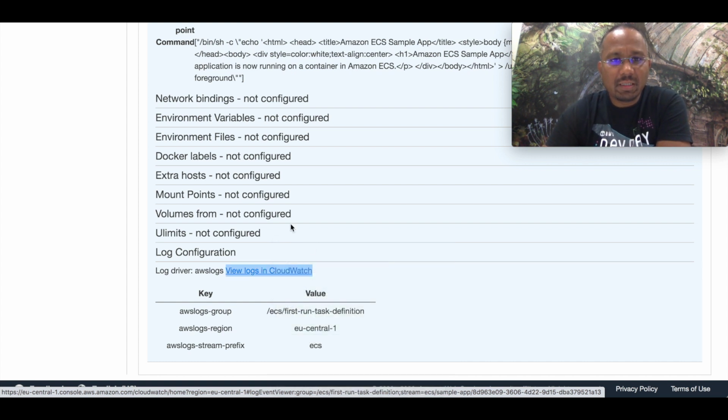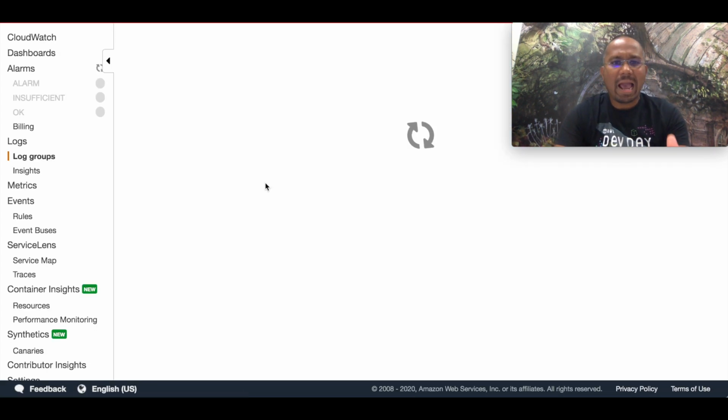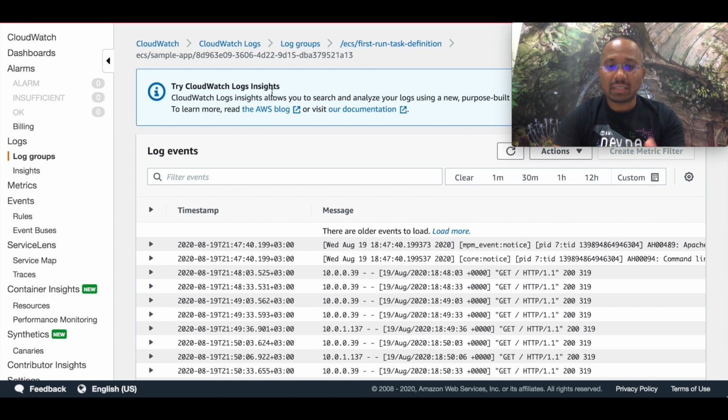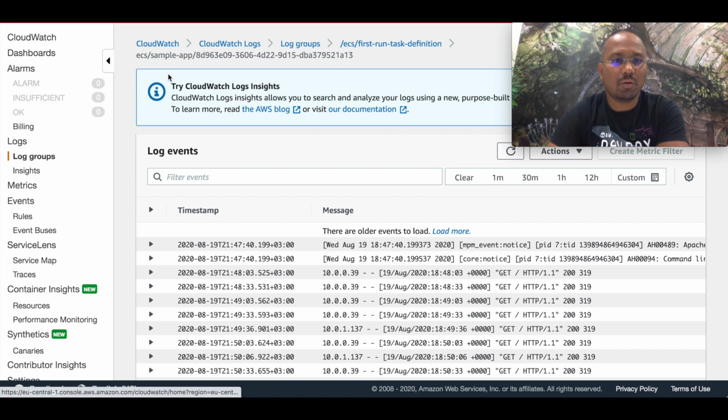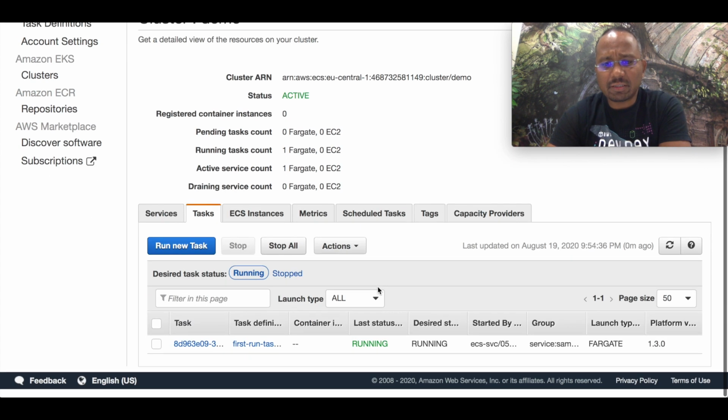So if you click here, we can see the logs of the container, what is running, what is happening inside the container. If for any reason your container didn't work, this is the place we can come and debug, and see what is failing, what is not running, and what changes we need to make sure your container is running. So again, this is a very important part of the ECS cluster. And again, we can see a top view of logs from here, and that's pretty much it.